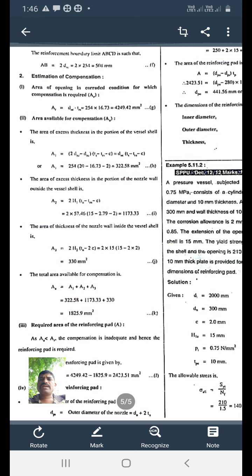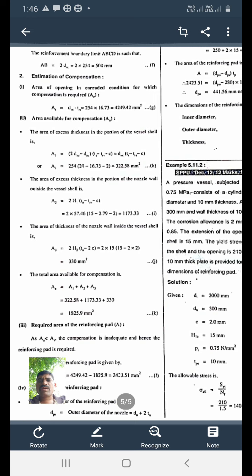Then second is estimation of compensation. Here, we know there are 4 conditions. For that 4 conditions you should calculate the total area available for the compensation. Before going to the total area, you should calculate the excess thickness for each. First, area of the excess thickness, the portion of the vessel shell. Before going on that,